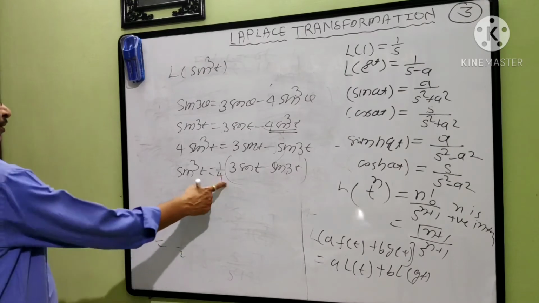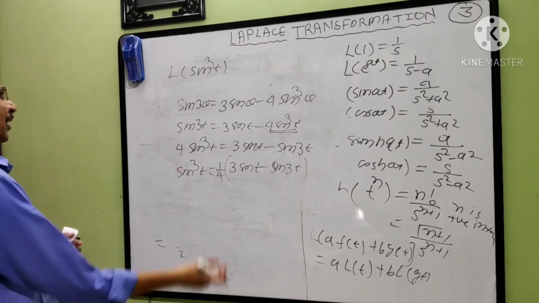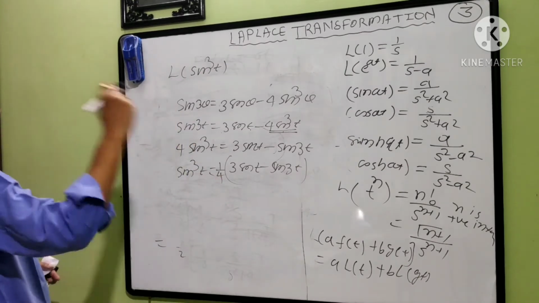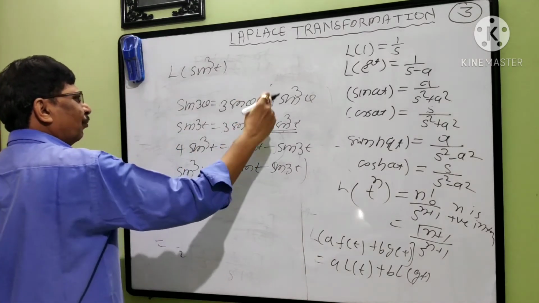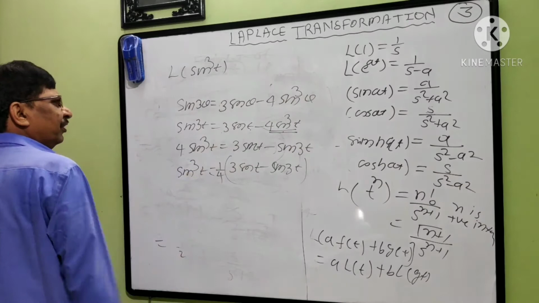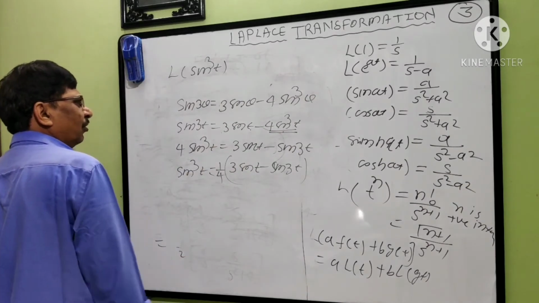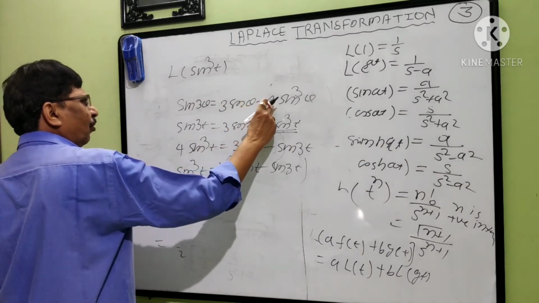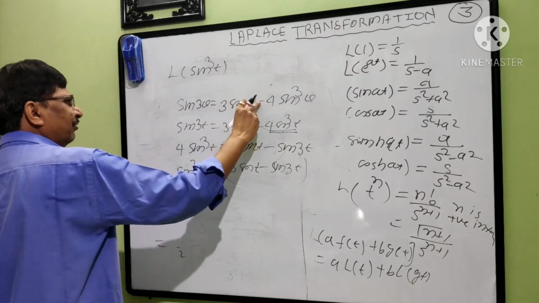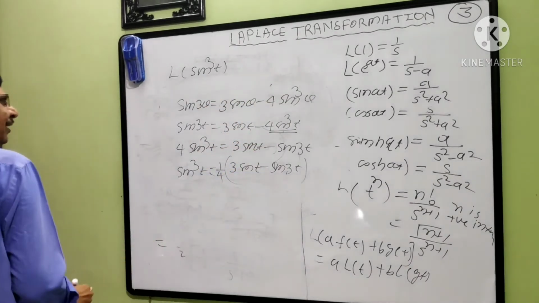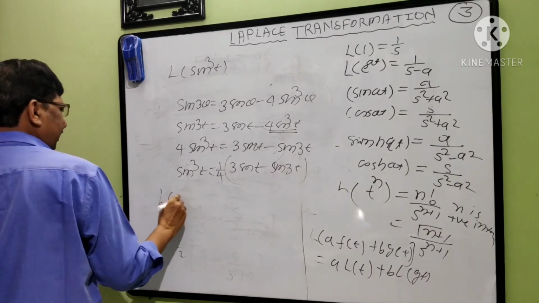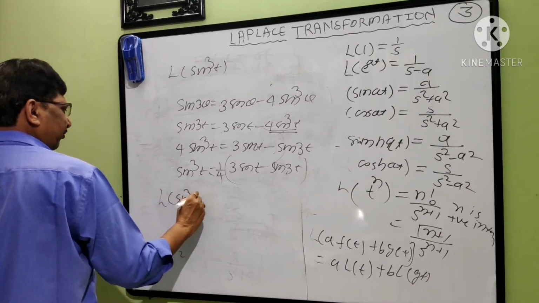Now you must know this formula. If you don't know it, write the formula for sin 3 theta. And if there is cos 3 theta, that will be 4 cos cube minus 3 cos. Instead of sin there will be all cos, and the minus and plus signs will interchange: this will be minus, this will be plus.